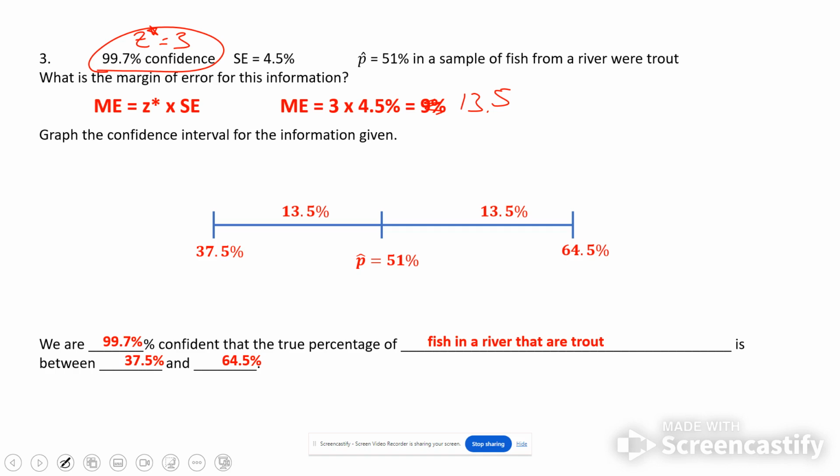I think that's all the examples we're doing together. So now what I want y'all to do is y'all can do 4 and 5 by yourself. You check by me once you're done, and then once I check